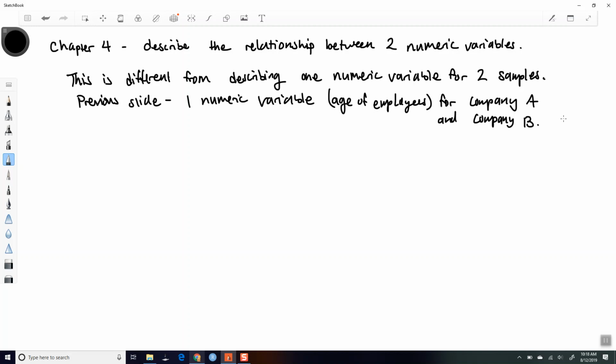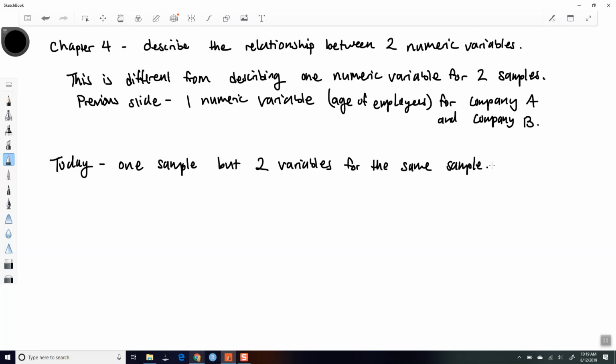Okay, so today it's going to be one sample, maybe more than one sample. One sample, but two variables for the same sample. Okay, and here's just kind of a silly example, and let's just say